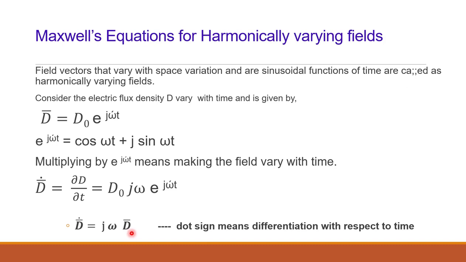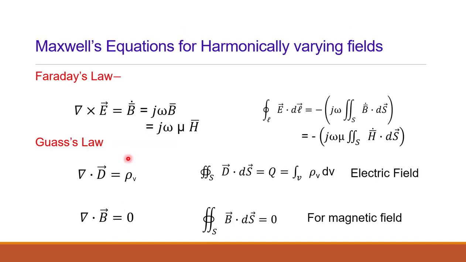This means this dot sign here can be expressed as a j omega term, or we can say that differentiation with respect to time is expressed by multiplication by j omega, right? So we'll use this identity that multiplying by j omega is nothing but dou by dou t variation, everywhere in all previous equations of time variations, right? So let us see, one by one, the laws and their equations.